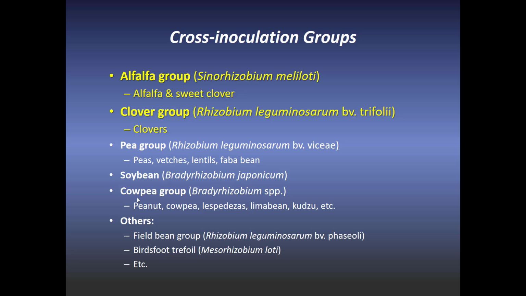Last point I want to make is that there are specific cross-inoculation groups depending on the legume. For the alfalfa group, that's alfalfa and sweet clover, the cross-inoculation group, or the right kind of rhizobia, if you want to think of it that way, is Sinorhizobium meliloti. For the clover group, it's Rhizobium leguminosarum. There are the other ones listed down below, but primarily we're going to be talking about these, or you're going to be using these in the field where you're planting a legume. And as that previous slide showed a couple back, you may find them mixed in the same bag of inoculum.